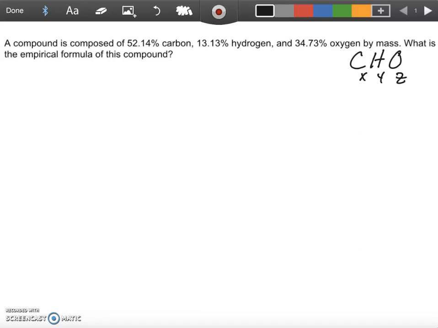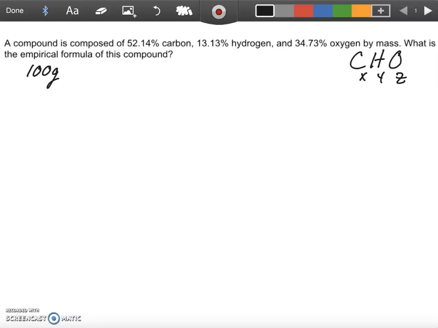If it gives you percentages and it doesn't tell you what masses they put in, you can make an assumption. And the assumption that we're going to make is that we put 100 grams initially inside of this analyzer. That's a good thing to do because it makes your life a whole lot easier, because